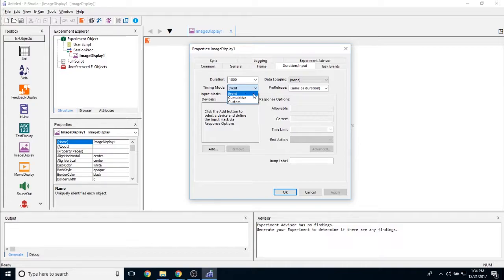The timing mode can be set to either event or cumulative. If you want to focus on the duration of the object and prioritize that over the duration of the trial, that would be event. If you care more about the duration of the trial than the duration of the actual object itself, then you can select cumulative. And pre-release allows you to determine how much of this object's duration you're going to give for the next object